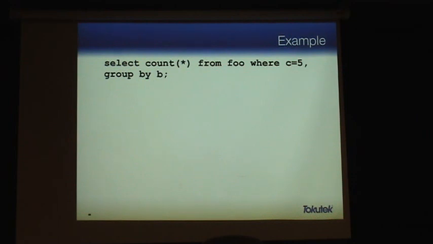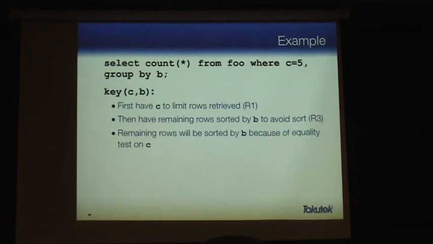In this case, what index should we use? C comma B. You first have C to limit the number of rows retrieved. It's an equality clause. It honors rule 1. Then you have the remaining rows sorted by B to avoid the sort, which uses rule 3. And because you've already retrieved all the data you care about, it's a covering index, so you have no point